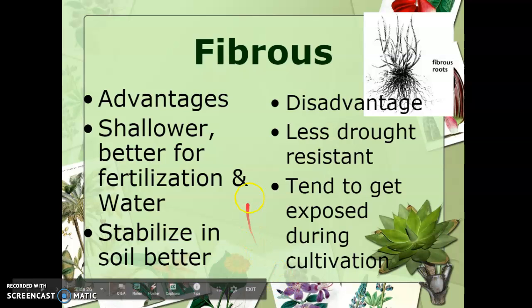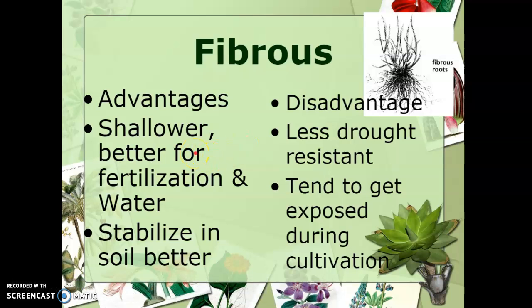Fibrous root systems, advantages to that would be that your roots are shallower, which means they can get a lot of the nutrition and the fertilization faster. The top is where all of your microorganisms and composting materials break down, so there's a lot of nutrients up there at the top. If it's raining, it can get water fast, okay? But the other side to that is it's not going to be as drought resistant. If it hasn't rained in a long time, it's not going to have deep root systems to be able to access lower